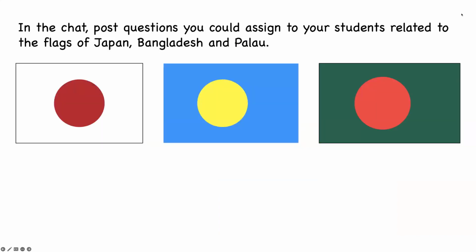What about these? So these 3 flags. So maybe instead of questions, just what do you notice? Because there's kind of an obvious question about the area of the circles, in terms of the whole flag. Imagine if your students could make dynamic models of these using TI technology so that they could play with the radius of the circles. And they could, this is a bit subjective, look at it and say, I like this one better. In my opinion, this looks a little bit nicer than that one.